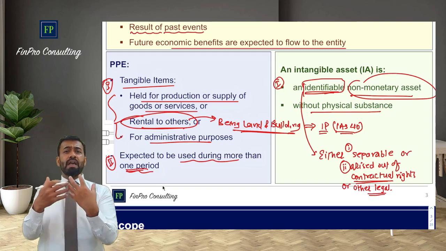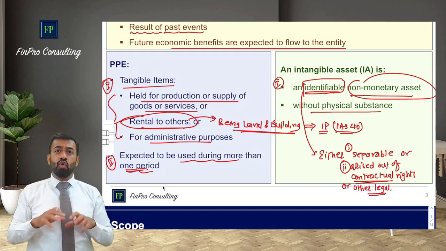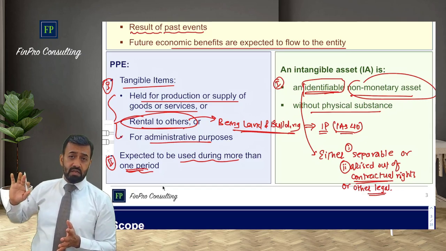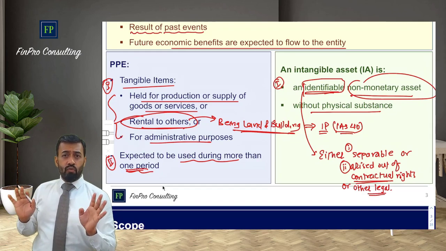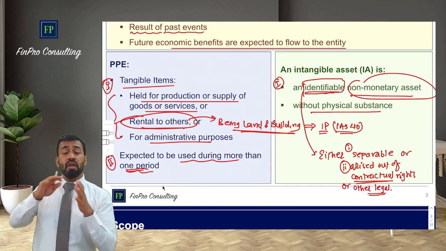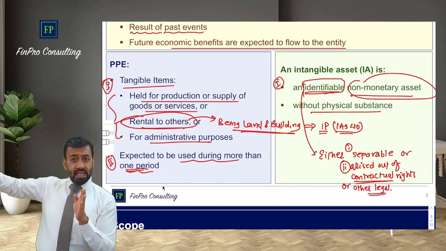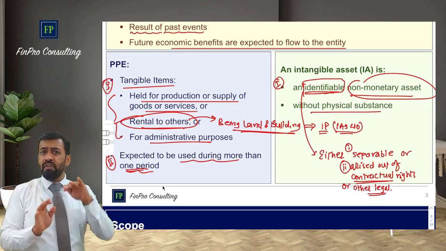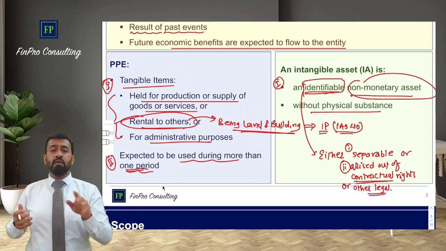So how do I prove the very existence of that? It must arise out of a legal or a contractual right, or it is separable. So I have control of that resource which can be separately sold or given on a finance lease. For a lessor, there is still finance or operating lease. For a lessee, there is no finance or operating lease. So if I have that resource which I can provide on finance lease, being a lessor, or I can sell it separately from that entity, then that becomes separable. It doesn't make any difference. Even if it is not separable, but it has arisen out of a legal or a contractual right, it becomes identifiable.